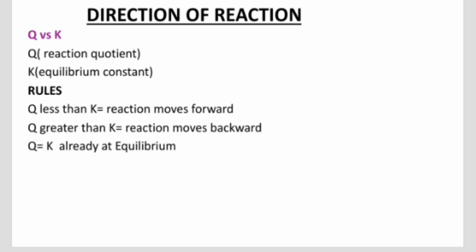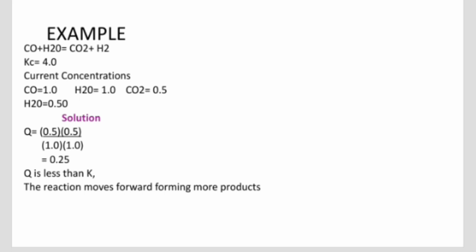Here is the example. We have CO plus H2 is equal to CO2 plus H2. As usual, that equal sign is supposed to be like this, meaning that is the one showing equilibrium. So we have the current concentrations they have given you, and also they have already given you Kc, which means you have the equilibrium constant. Now using the equilibrium constant formula, you are finding Q, which is the reaction quotient, which you are going to compare with